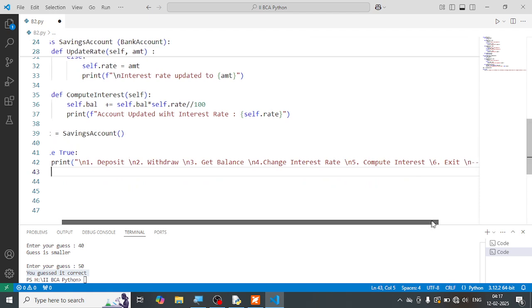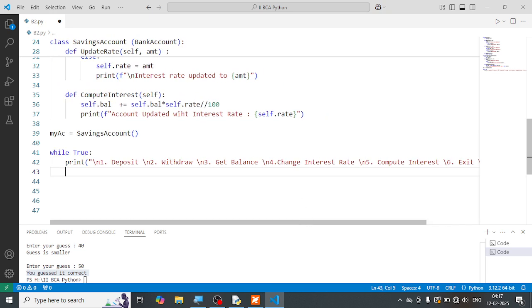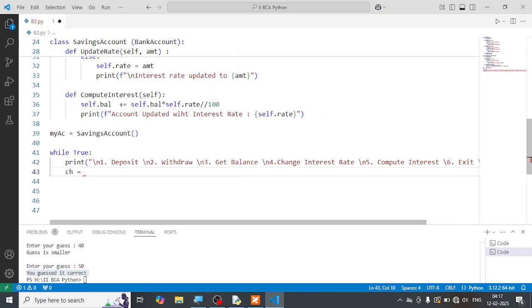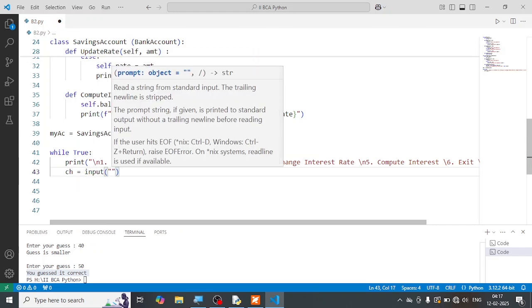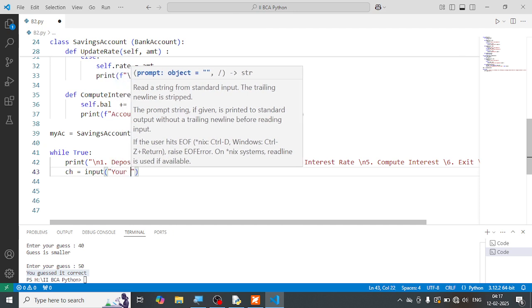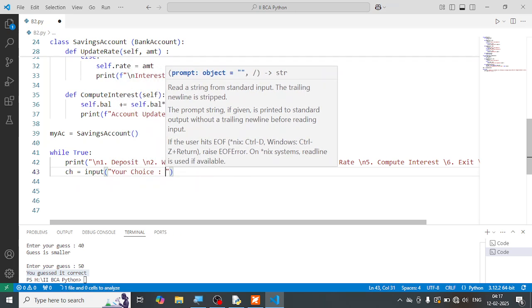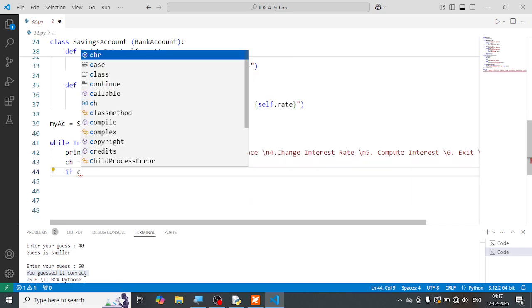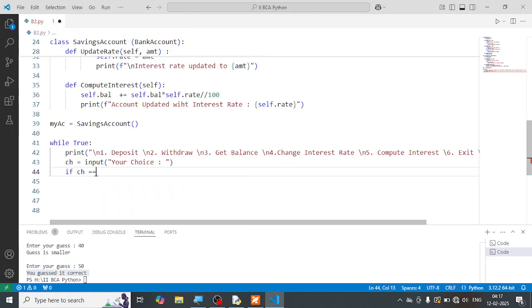So here, if you notice, good. Then I'm going to use the choice, and I'm going to say input, your choice. Done. And if the choice happens to be 1,